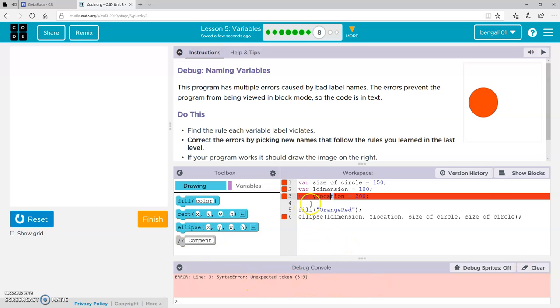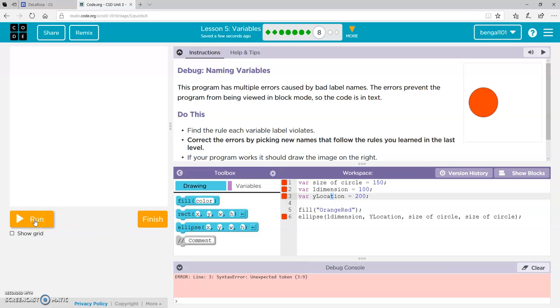So, as we said, we can't have spaces in the size of circle, right? So we're going to just make this circle easier to remember. So variable circle equals 150. Okay, the one dimension, let's just call this dim, right? Variable dim equals 100. Variable y location, let's just call this y lock